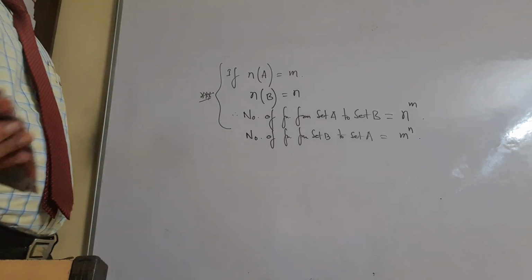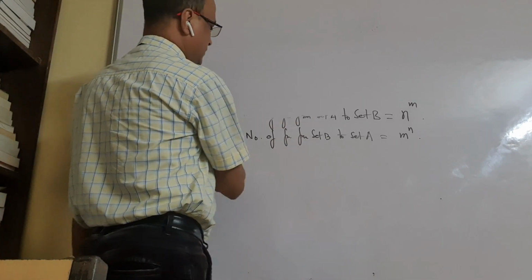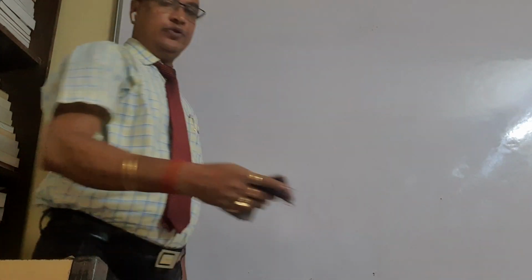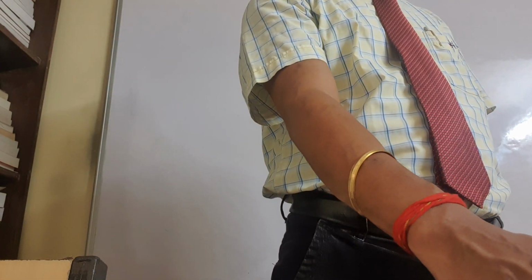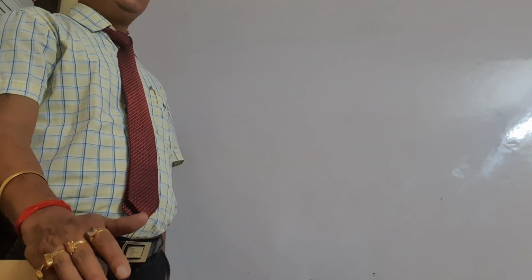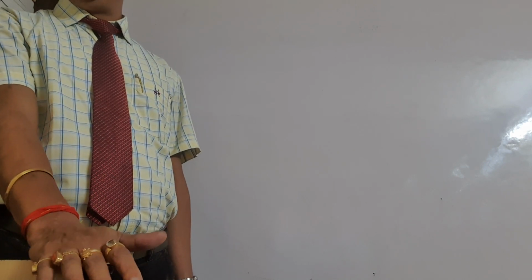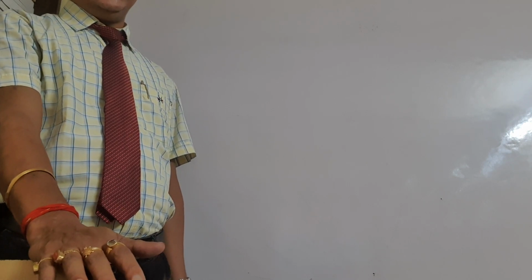Now, the most important thing we have to understand is regarding the domain, codomain and range. We can do the sums in different ways. Number one, we can draw the mapping, and after drawing the mapping, we can find its domain, codomain and range. But it is not possible to draw a mapping for all sums. Some simple questions we can do by mapping, but not all. In that case, we have mathematical ways, and we have to follow them to find the domain, codomain and range.